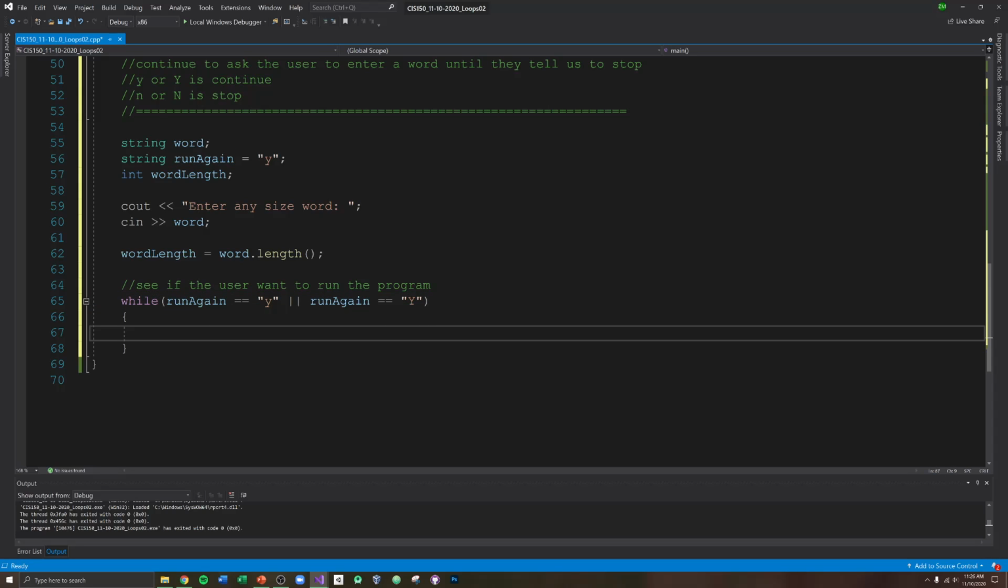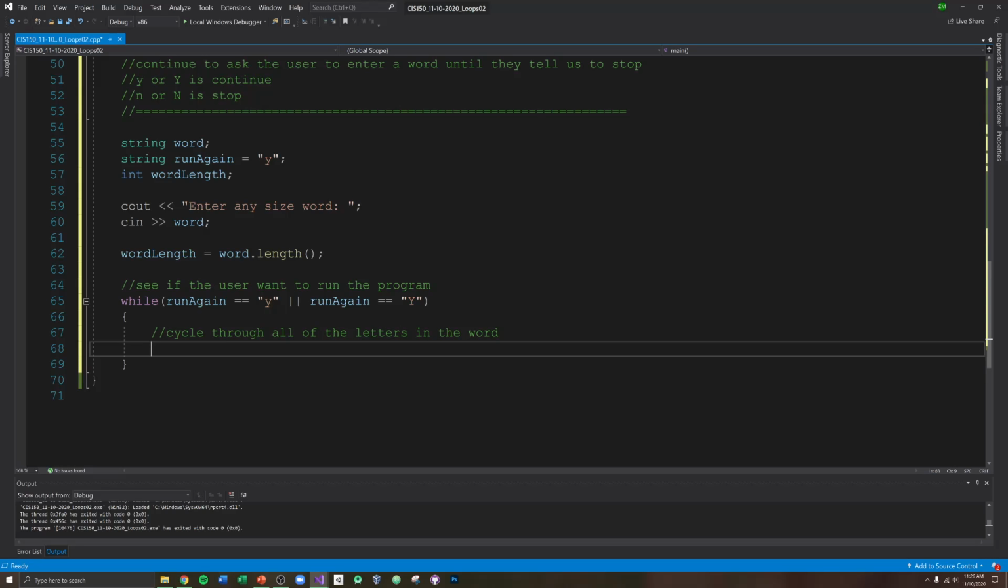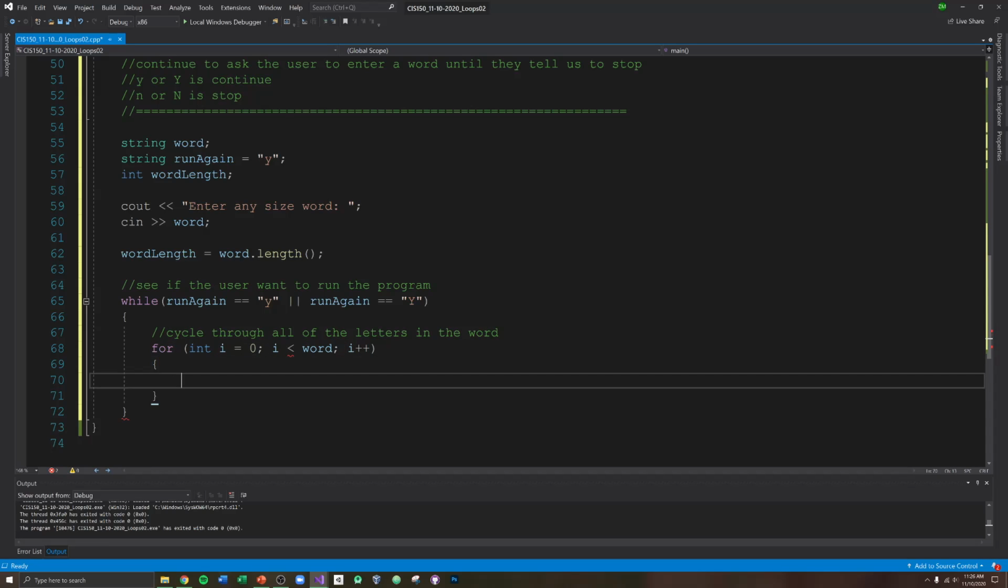Okay? At this point, what's the next move? The next move is to cycle through all of the letters in the word. How would I do that? I'm going to say for int i is equal to 0; i is less than word length; i plus plus. Well, I need to look at every single letter. Every single letter. I'll say if